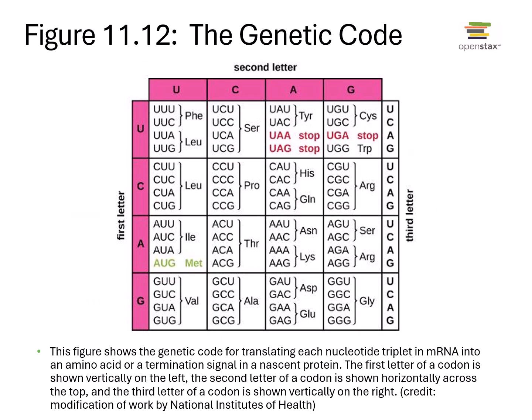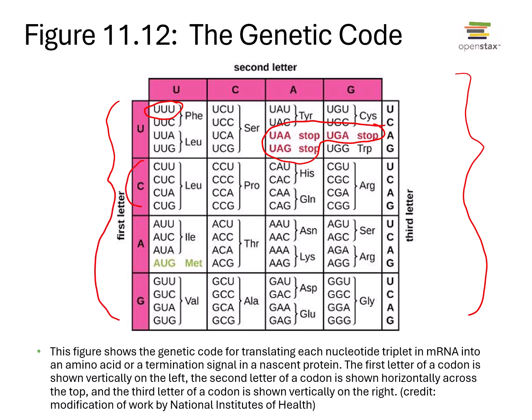So here we see the genetic code. Here is the codon table used to decode messenger RNA, and each triplet of nucleotides, 3 nucleotides, corresponds to 1 amino acid or stop signal, as we see here. To read this table, let's say we're looking for CUG. We can check for the first letter here. I know it's C, so it's somewhere in this box. Then we look at the second axis over here. I said the second letter is U, so I know it's somewhere here. And then the third letter is on this axis. I said it's CUG, so the third letter is G. When I put those all together, I can see this is the codon CUG, and it encodes the amino acid